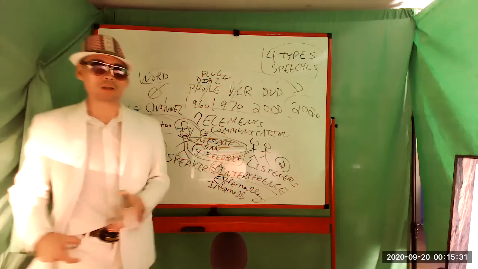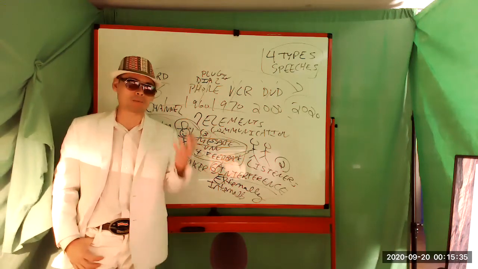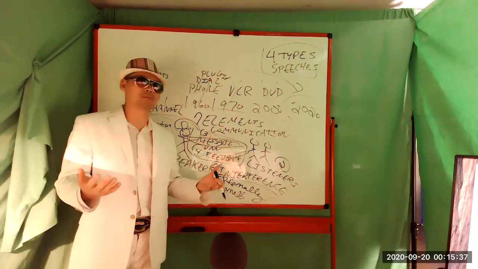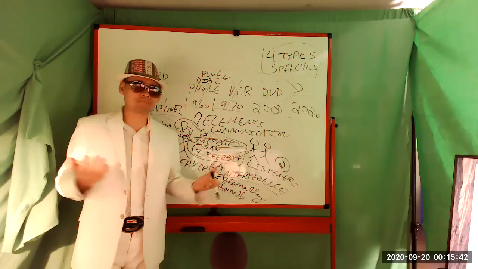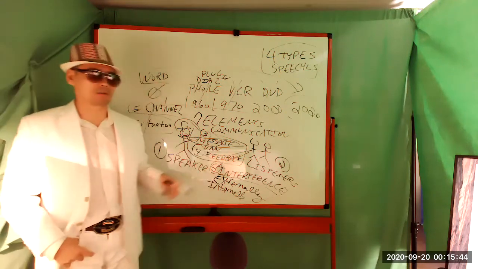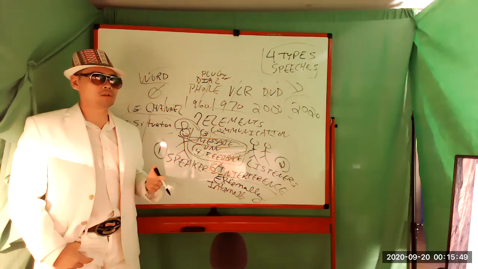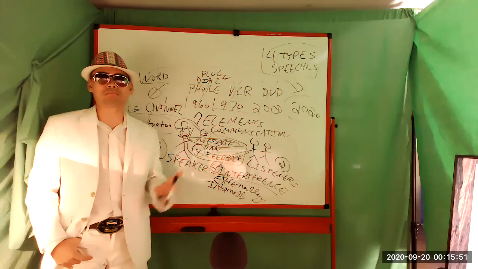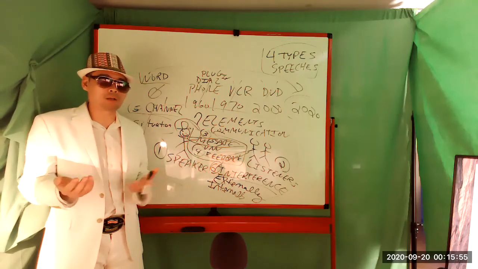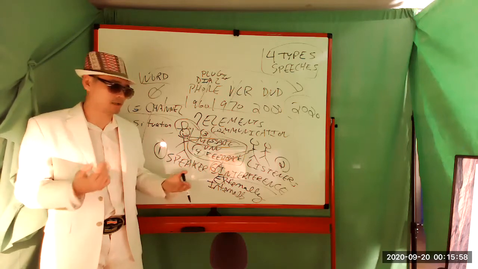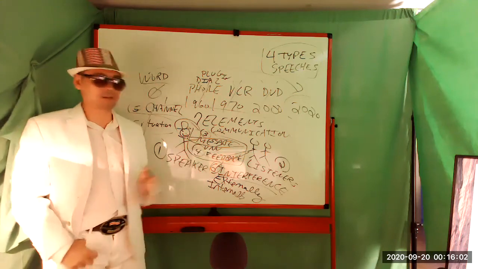Real quick, when you want to communicate with someone, you've got to think, how do I want to reach them? Have you had that problem before? Do I text them? Do I call them? Do I write them a letter? So you've got to pick the channel. Let's say, for example, you want to tell your mom or dad or your aunt or uncle that you love them. Do you call them? Do you text them? And even if you text them, do you use WhatsApp or Messenger? There are a lot of choices now that you have as channels.